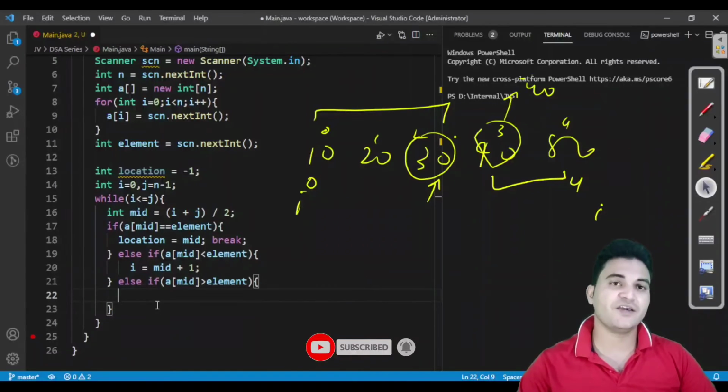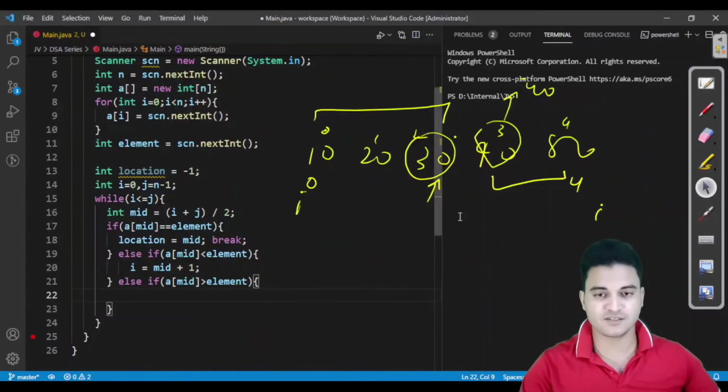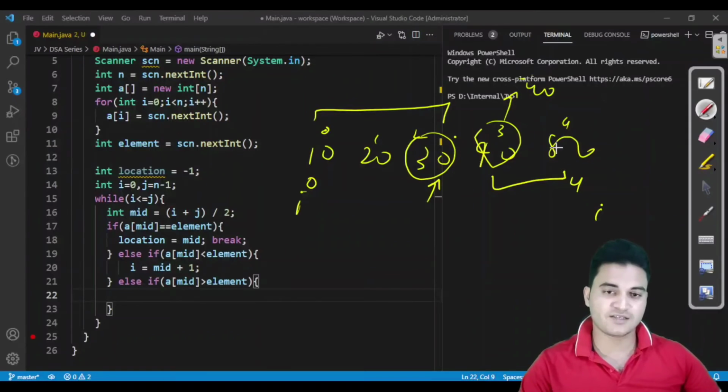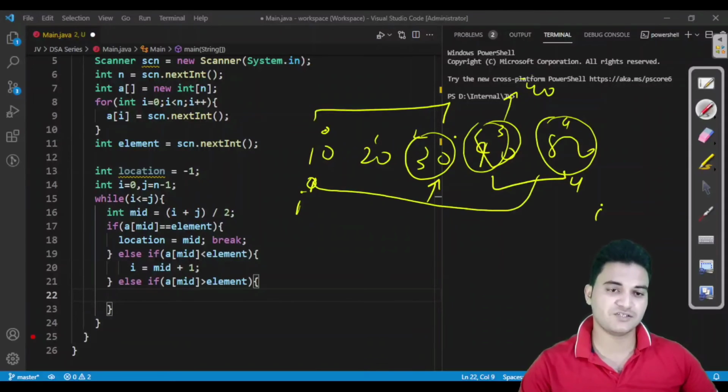Or else if A of mid is, let us see for this. Let us say I have mid here and I am searching for this element. If A of mid is greater than this, then obviously the element is going to be in this range.